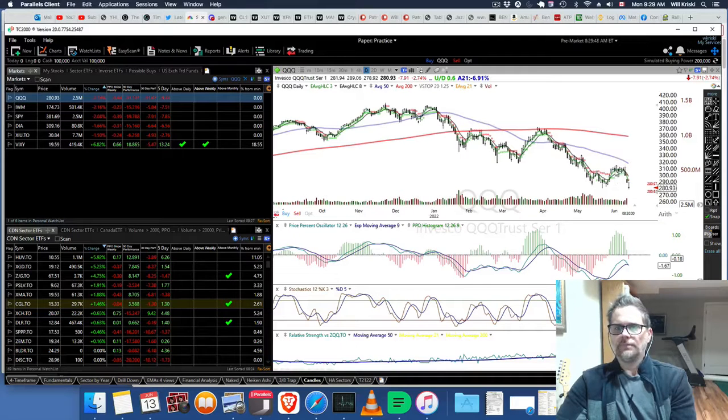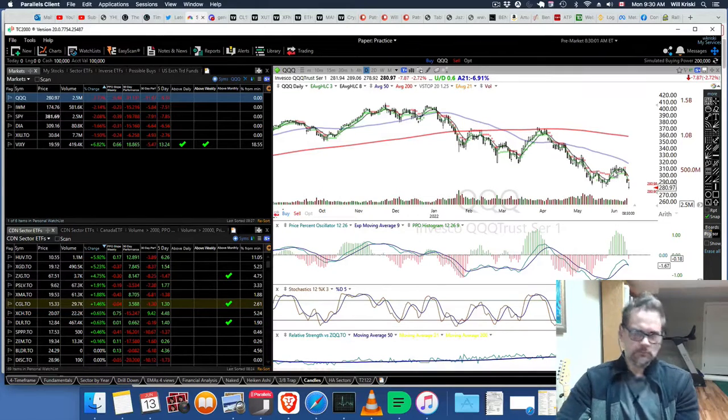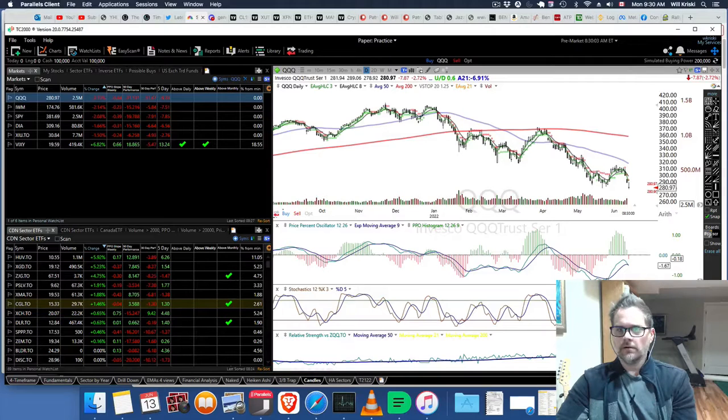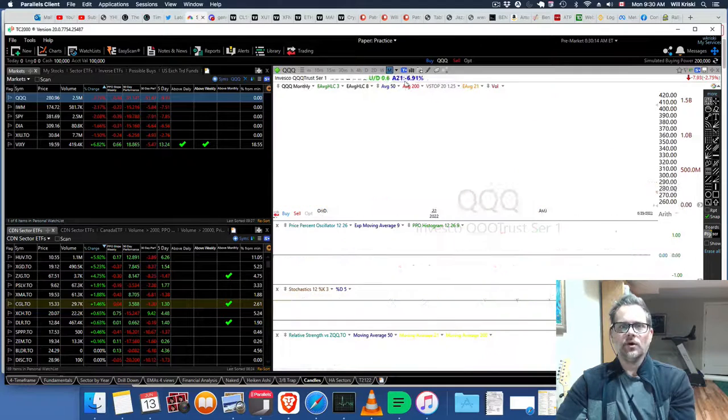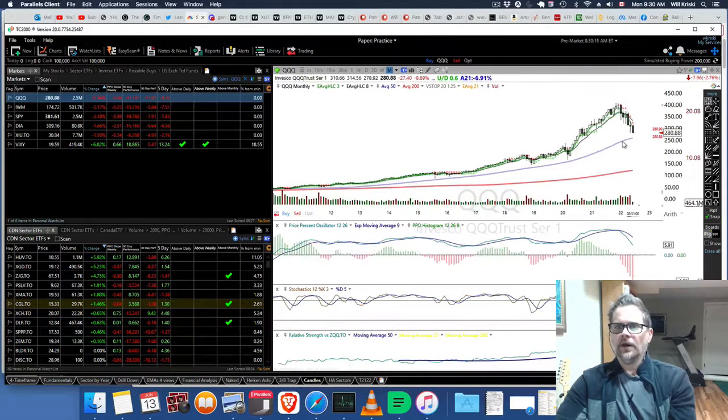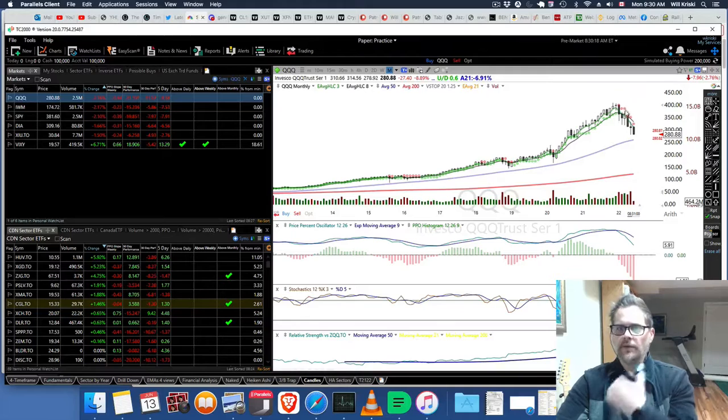So when you're looking at this spot like right here, you're hoping that you're going to get a reversal, but ideally there would be a higher low established, so not just a few up days. And you saw a cross of the MACD or price percent oscillator, but you are down quite low. So you can see how eventually it turns around here. And that's the NASDAQ. And so if you go on monthly charts, you've got this downward trend,